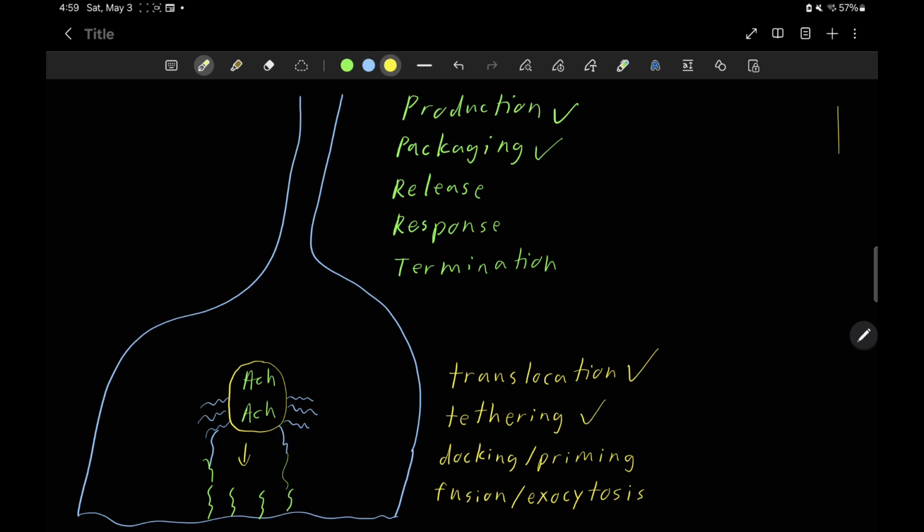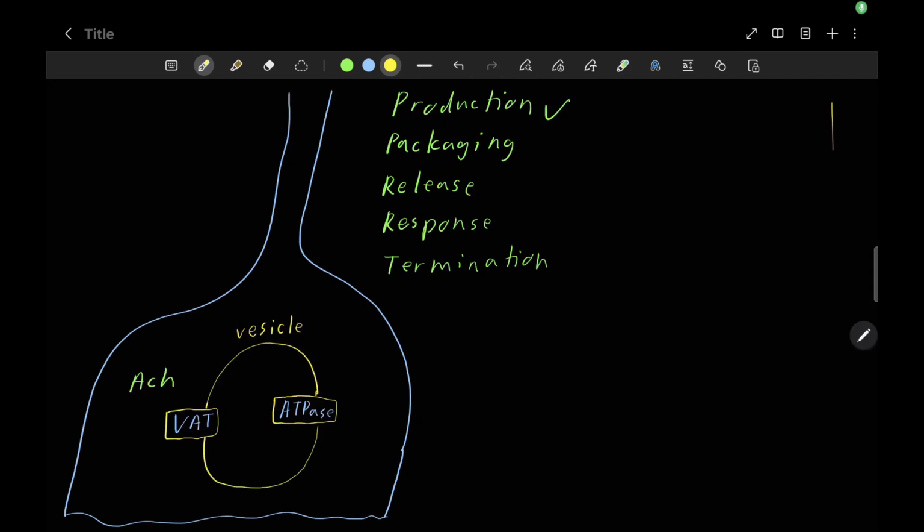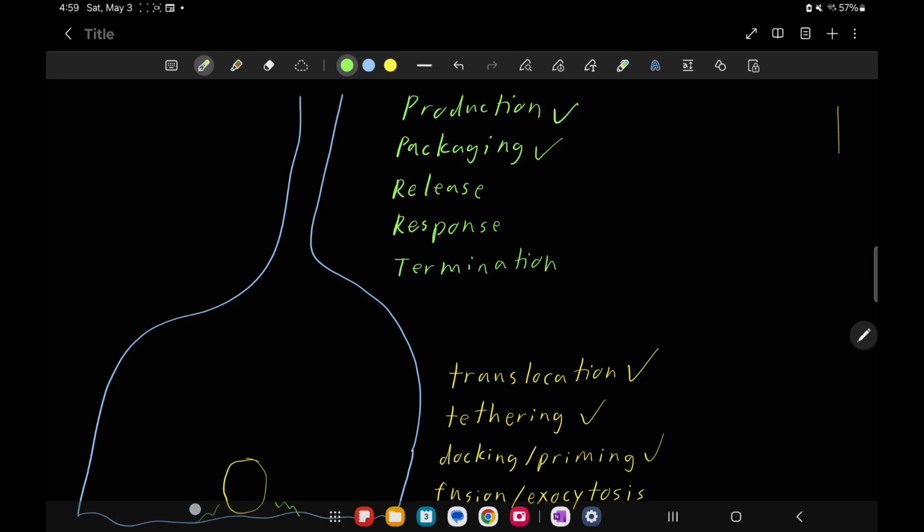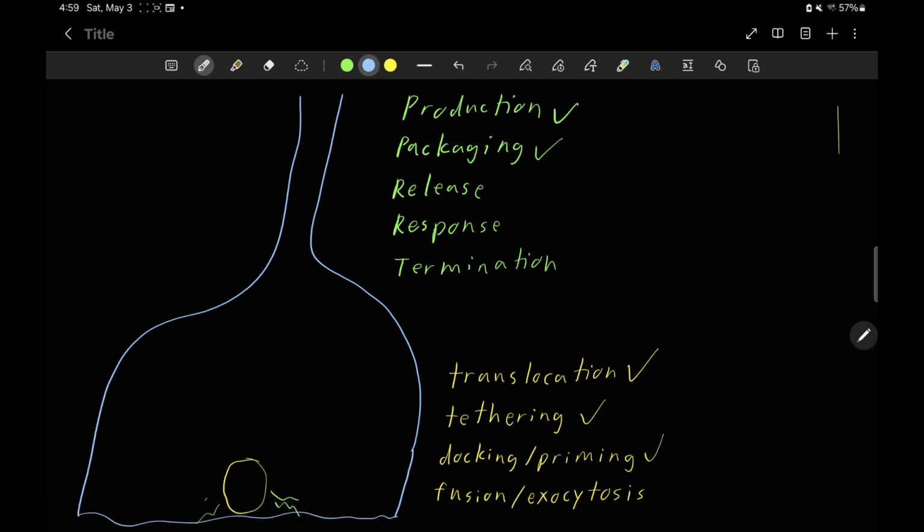Now, once your VAMP and SNAP proteins are tethered together, then comes docking and priming. Your VAMP and SNAP proteins can continue to interact, and they can get ready for the final release step. So this usually involves extra interactions between your VAMP and SNAP proteins. And by the end of docking and priming, I'm just going to redraw this real quick. By the end of it, your vesicle is likely much closer to your cell membrane, and as you can see, your SNAP proteins and your VAMP proteins are heavily interacting with each other. So now it's almost ready for the final step of